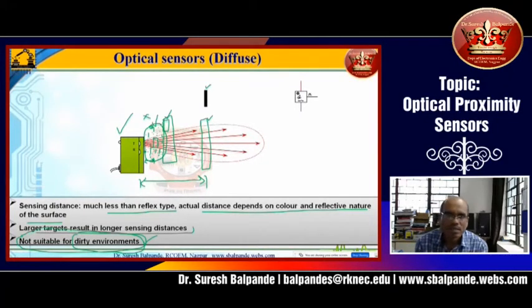Yes, sir. So the IR sensor module is nothing but the diffuse type only, because in an IR sensor we do not put any reflective glass or any separate receiver part, nothing. We just hold the hand and the hand will reflect the light. So this is nothing but the diffuse type. You can treat the IR sensor module as a diffuse type optical sensor, which has a very small sensing distance, always in mm, not even in centimeters, or maybe a few centimeters depending upon the quality and the cost of that particular sensor.